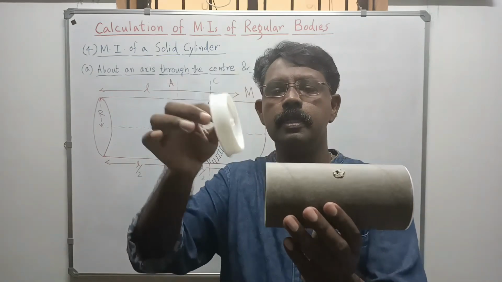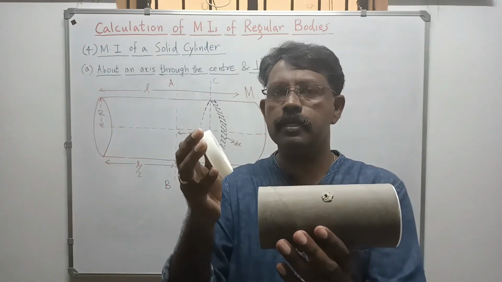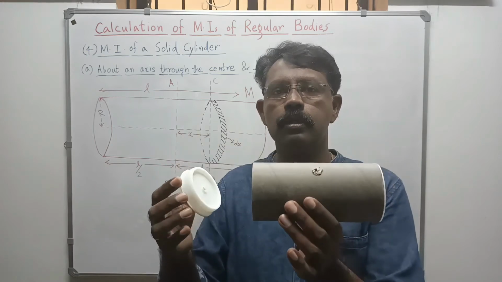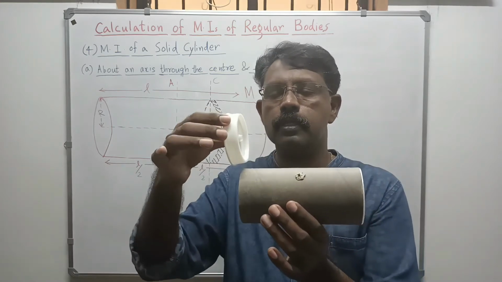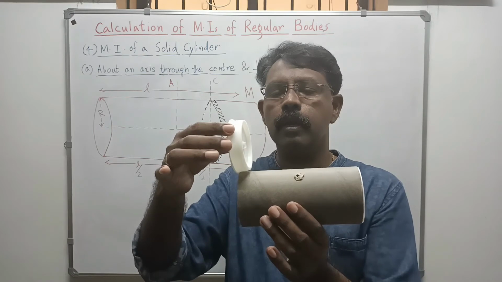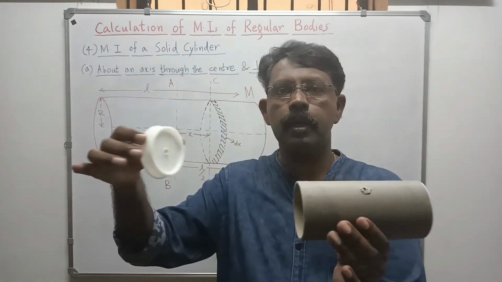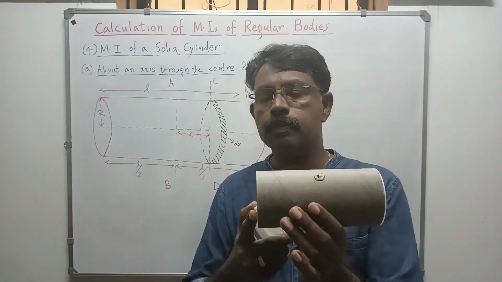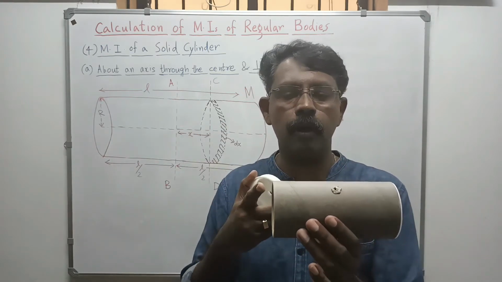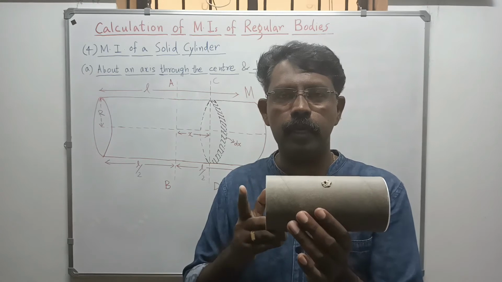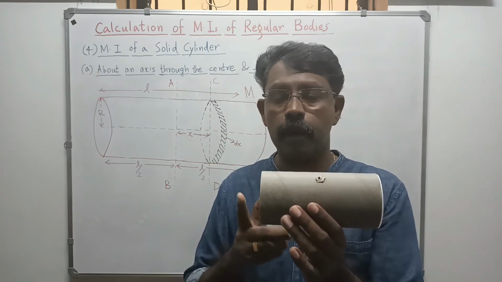So I can say that this solid cylinder is made up of a large number of disks. A disk here, a disk here, a disk here, like that. If I am having a number of disks from this point to this point, then we already have that limit. That is, when integrating, I will be taking the limit from minus L by